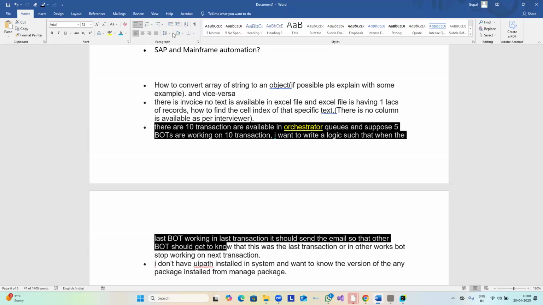The bot that has picked the last transaction item marked true is responsible for sending the report mail. But here is one more catch. If that bot sends the mail for the reporting, there might be a chance that the transaction